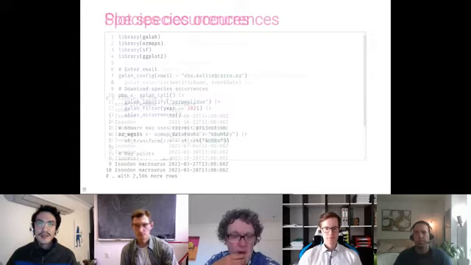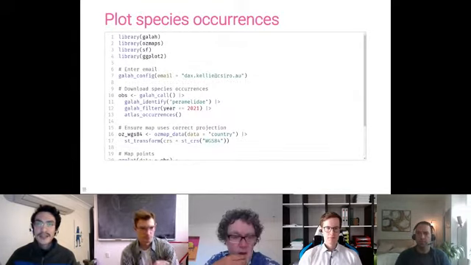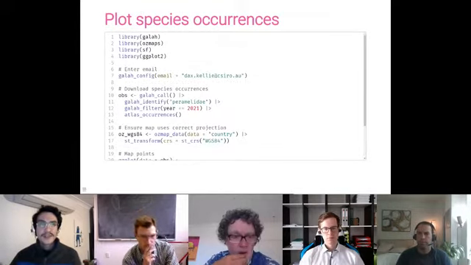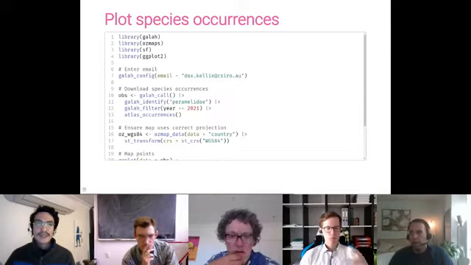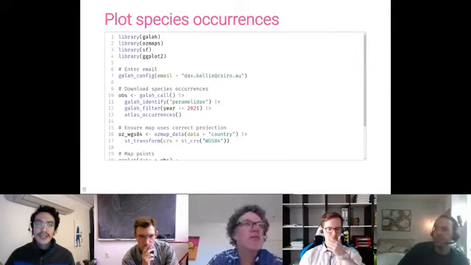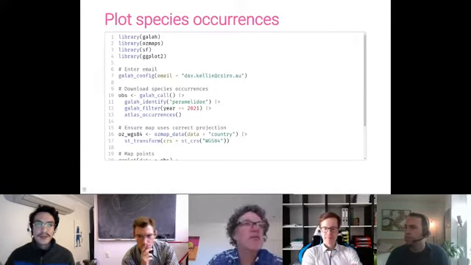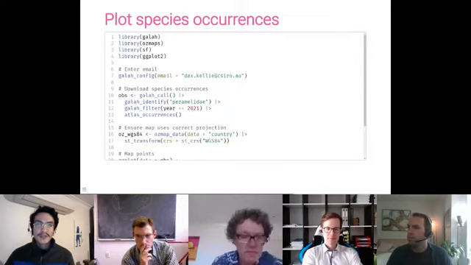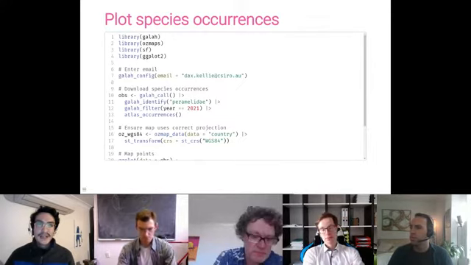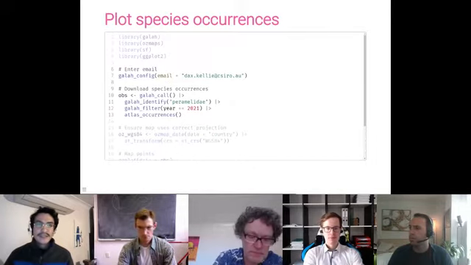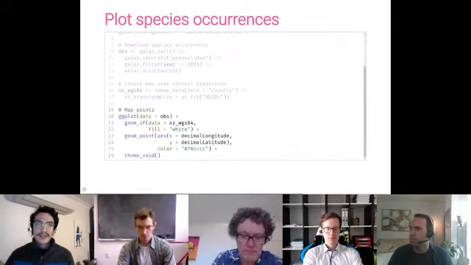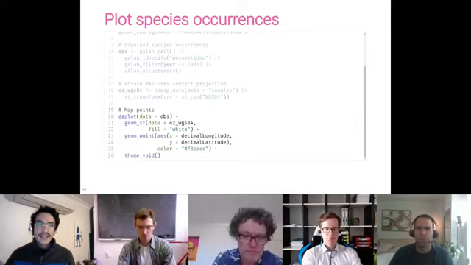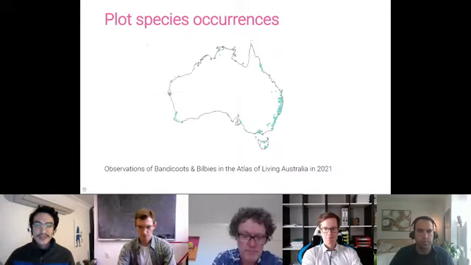Now, when combined with other great packages like the ozmaps package and the sf package for plotting spatial features and ggplot2, going from downloading data to making something nice like a map of observations can be quick and transparent. So for example, if I wanted to map the species records of bandicoots and bilbies, I can download my data with a few filters, fix up the map projection to what the ALA uses, and plot the points with the supplied lat-long coordinates. And thanks to ggplot being awesome, this looks pretty nice already.